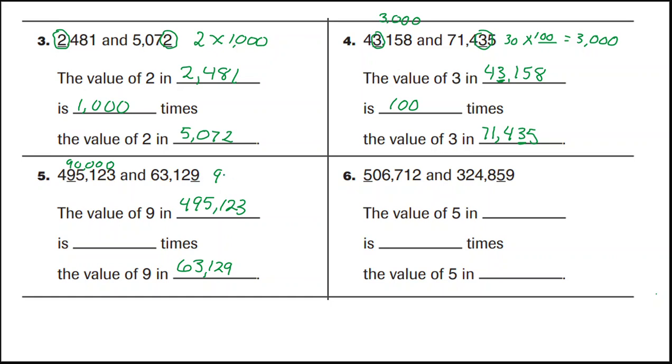And so they want to know, 9 times what would give you 90,000? Right. 9 times 10,000 would give you 90,000. So it's 10,000 times bigger. This 9 over here is 10,000 times bigger than this 9 right here. And here's the last one that I'm going to do for you. We've got the value of the 5 in this first number, which is